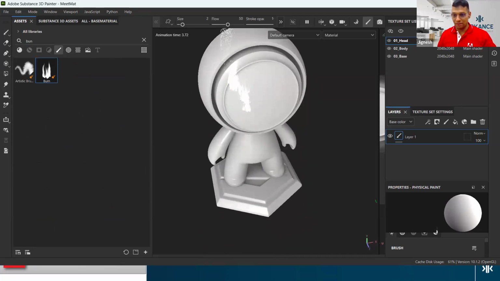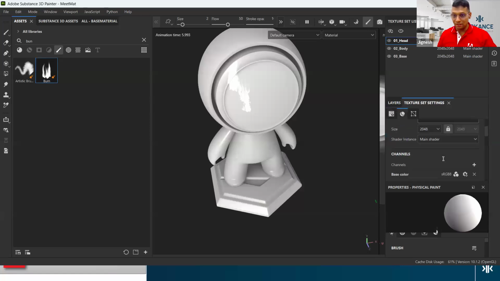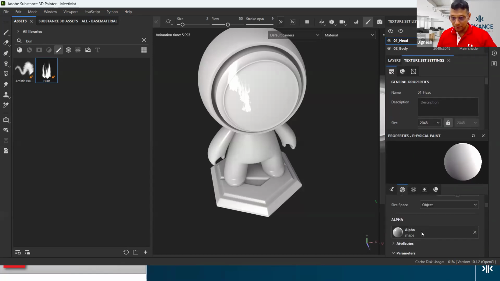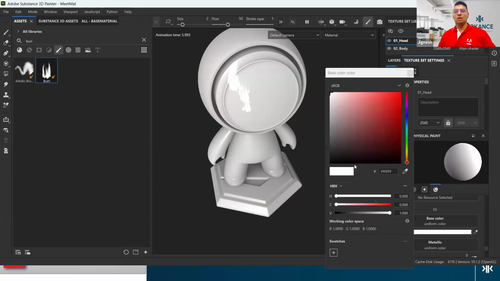I have not changed the base color. Just a sec. To view, where is it? Base color. Where is it? It's down. Yeah, it's the one. So suppose I have a red sort of a look,